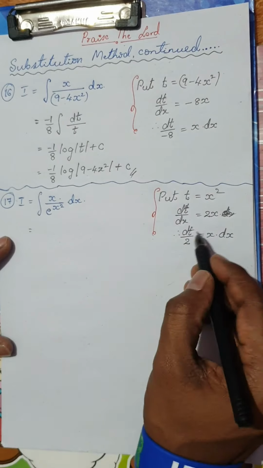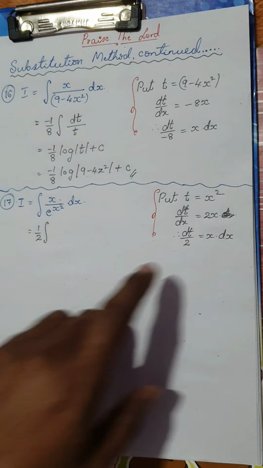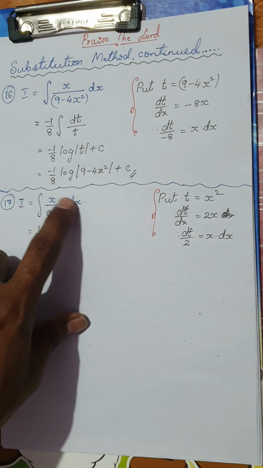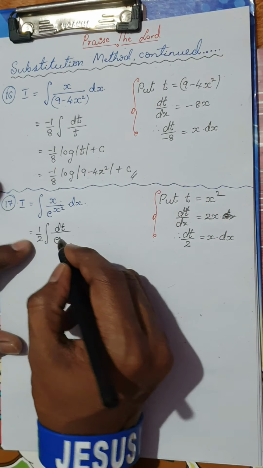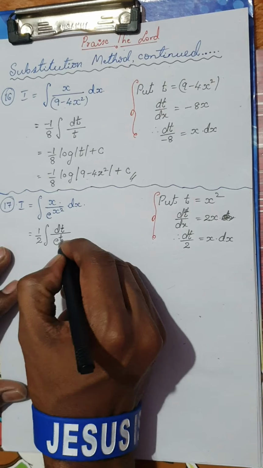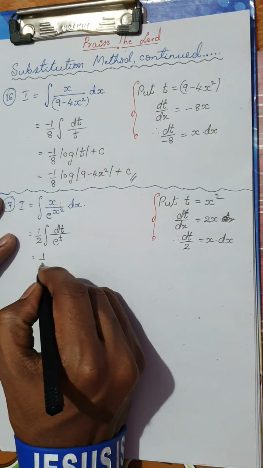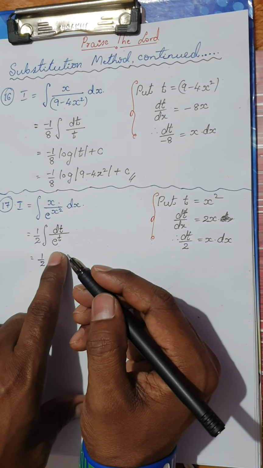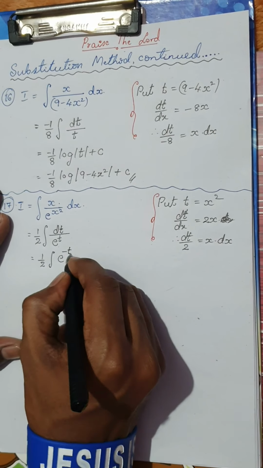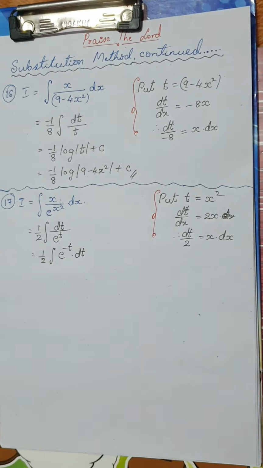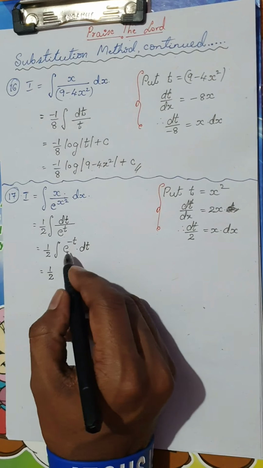The integral becomes, now I have dt, and I am going to keep this constant 1 by 2 outside. In place of x dx, I am going to substitute dt by 2, remember, the 1 by 2 is outside, divided by e power, what is x square? X square I have considered as t. Now remember, this is nothing but 1 divided by e power t. We know the reciprocal of e power t would be e power minus t dt. Is it clear? Fine. So this is nothing but half into integral of e power minus t.